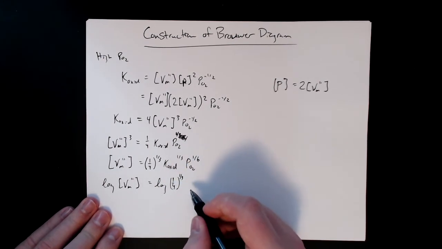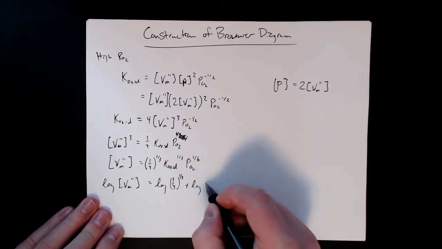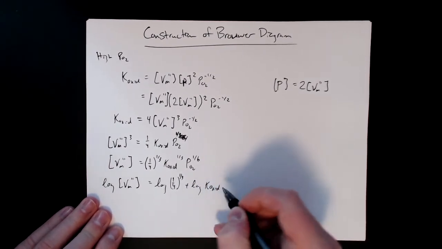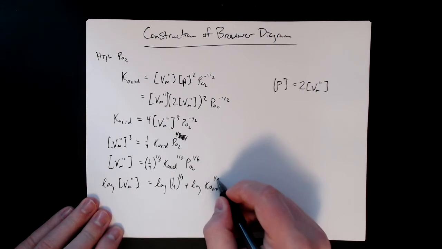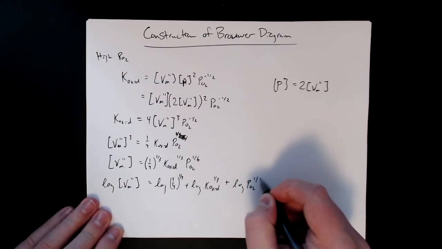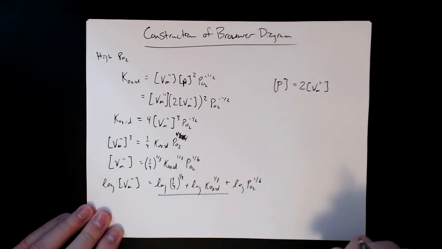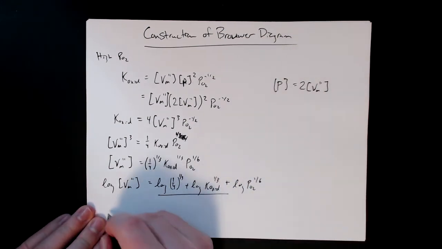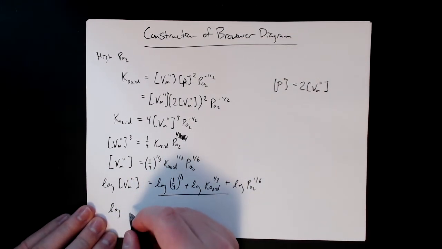One third plus the other part of the constant k ox to the 1/3, and then log PO2 to the 1/6. And again, this is a constant portion of it, and so if we just look at the proportionality for the slope,